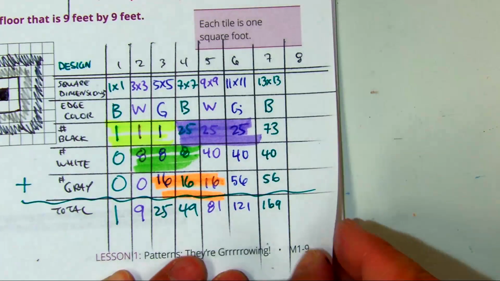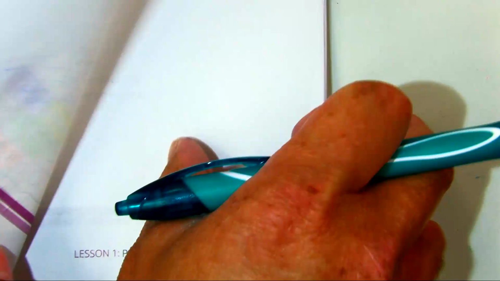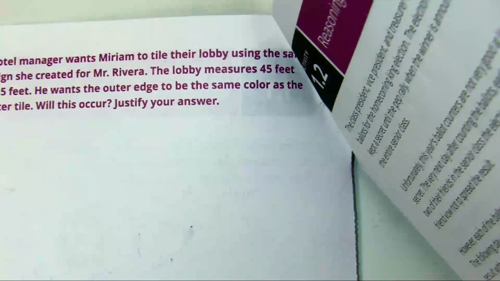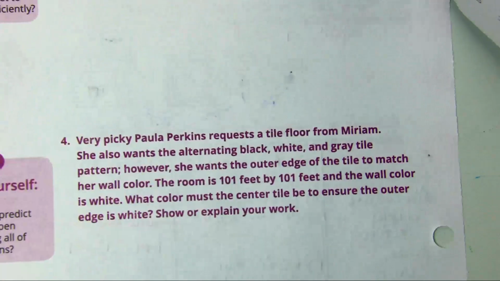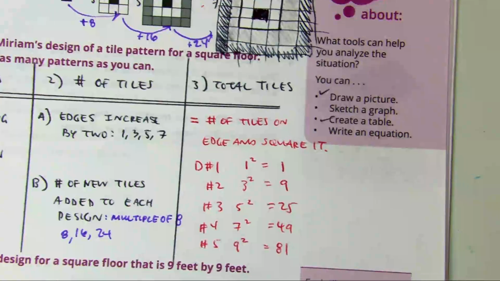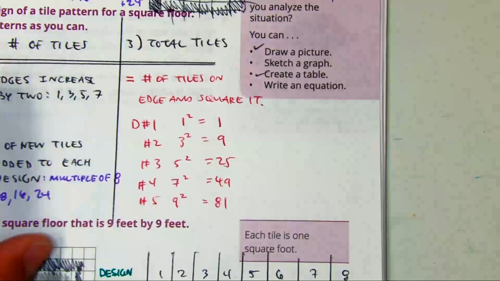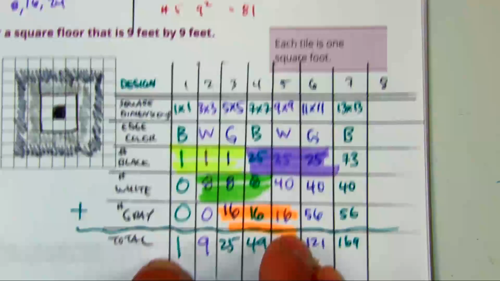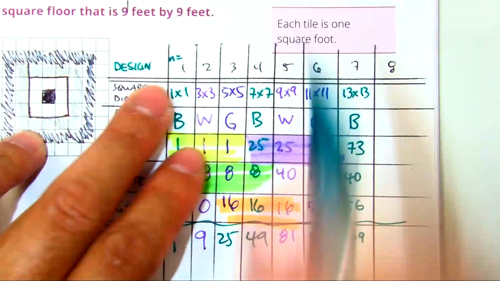You might need that on the next page because guess what? They don't care about a 9x9. They care about a 45 by 45 and a 101 by 101. So this chart might help you. But I do want to talk about this, which might be helpful. We said, how can you write an equation? So watch this. This is the hard part for the next week. If the design number is n equals 1,